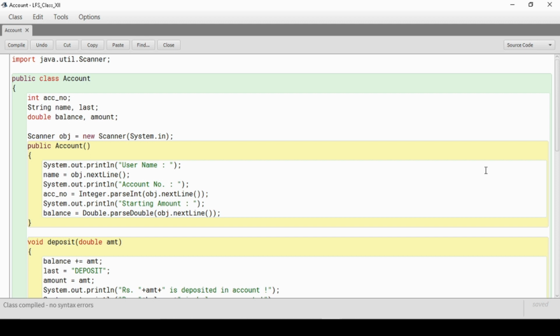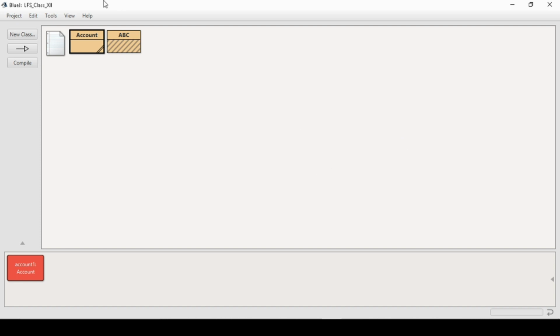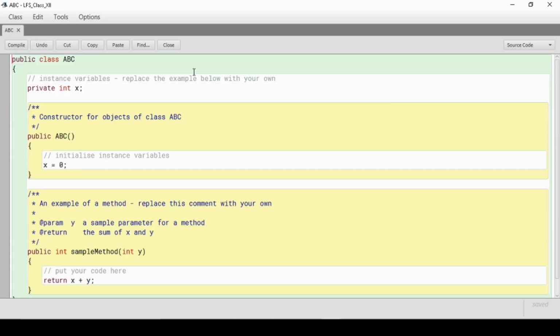Now the next topic is inheritance. Though we will study inheritance, we had studied inheritance in class 11th and we will study it this year also. But let me show you a small example of inheritance, just because I want to show you access specifiers as well. So suppose there is a class, we will not study inheritance in detail. So I am creating an ABC class, and in this class I will create a few data members and member methods.